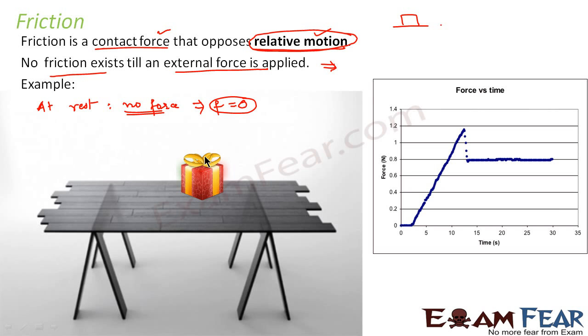Now as we started applying some force in order to move the box in this direction, so we started applying some force on the box. As we started applying a force in this direction, the force of friction comes into play and it acts in the opposite direction to the motion of the box. So if I am applying a force in this direction to make the box move along right, the frictional force will operate in the left direction.